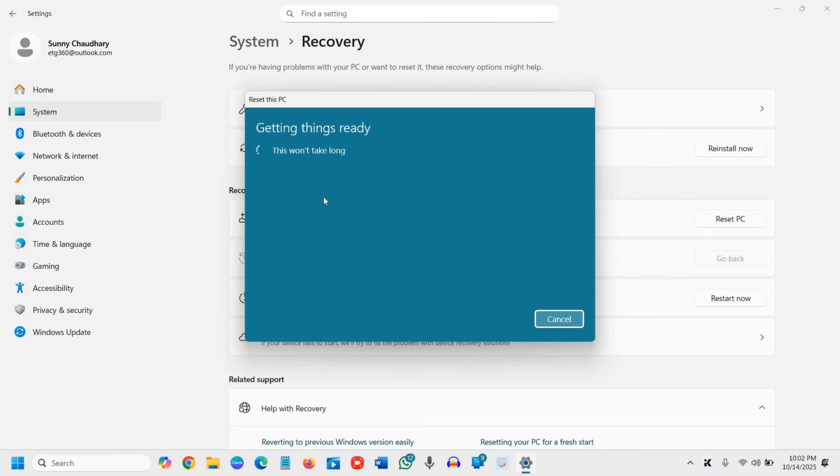Now it will download the Windows files and you will have very easy instructions on the screen whether you want to restart or click on next or skip. You can do it because it is really a user-friendly operating system. All right, so